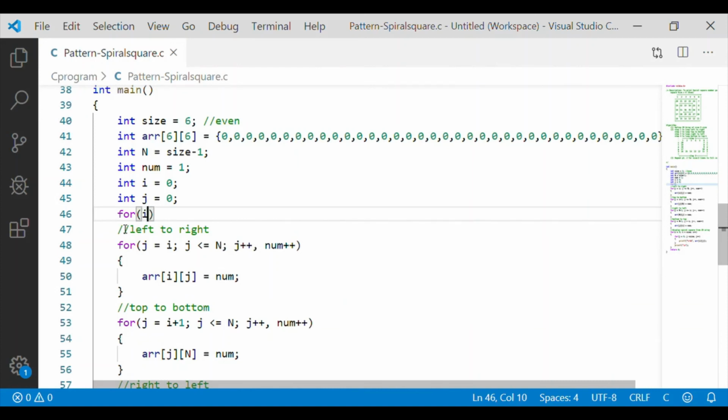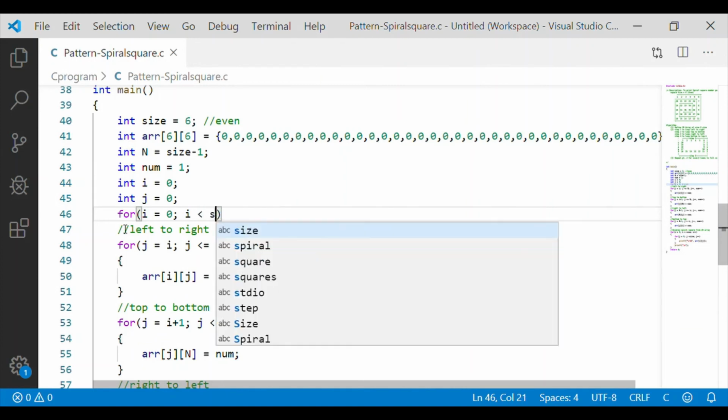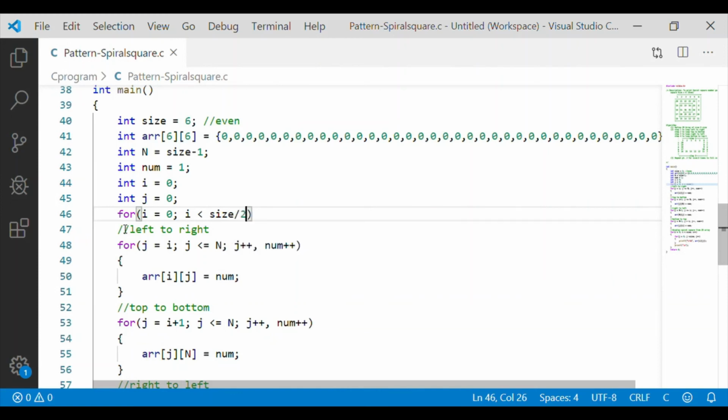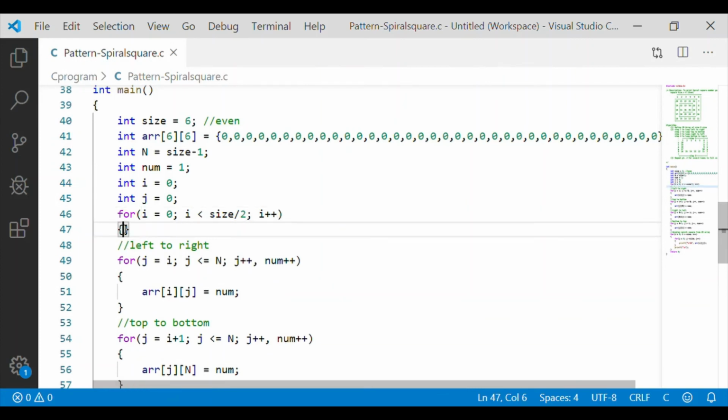We'll start an outermost for loop covering all these 4 steps of left to right, top to bottom, right to left, followed by bottom to top, where i will be 0 and it will run until i is less than size by 2.